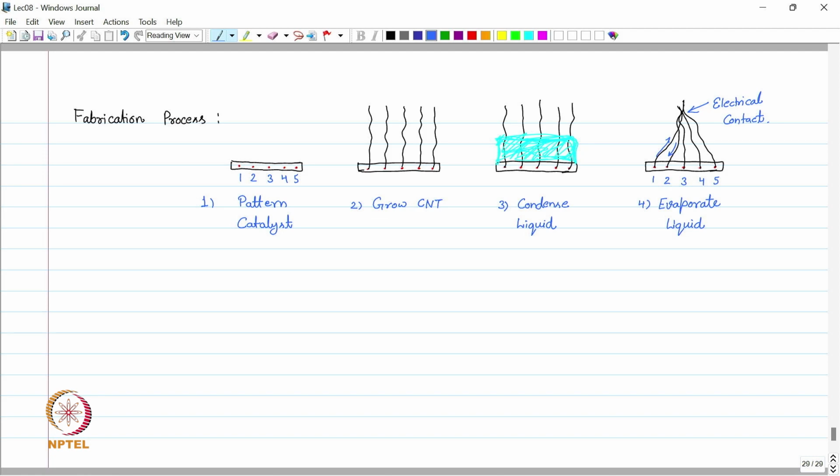Accordingly we measure the temperature through this assembly. So this makes a kind of CNT based temperature sensor. So let's discuss the fabrication process of CNT in more detail. So the first step is